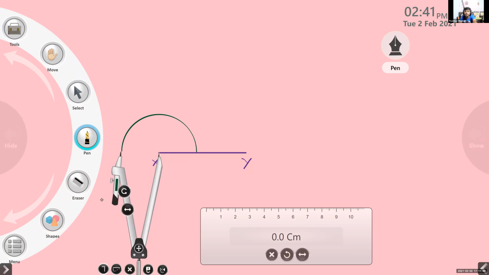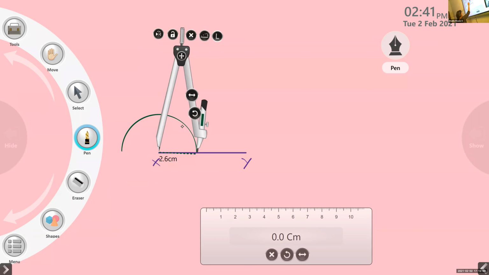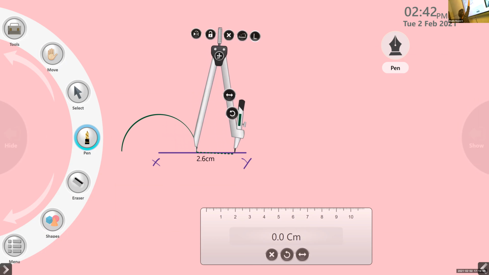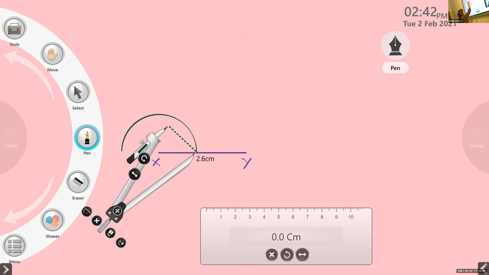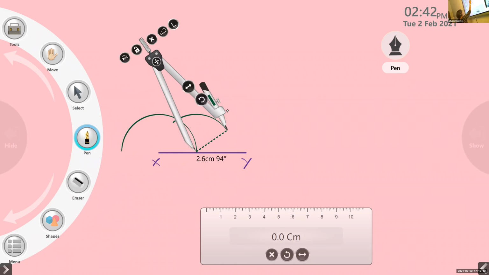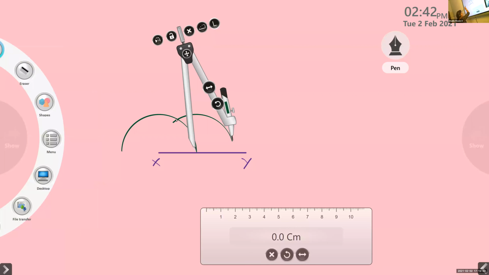Yes, Nelvin is raising a hand. So cut an arc like this. Then you do one thing. With the same radius, just move the needle point to this point and cut an arc over the next point, with the same radius. Keep the needle point here and cut an arc. Then after that, this is 60 degrees. If you draw through that point, it will be 60 degrees.